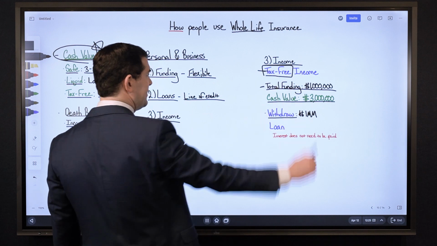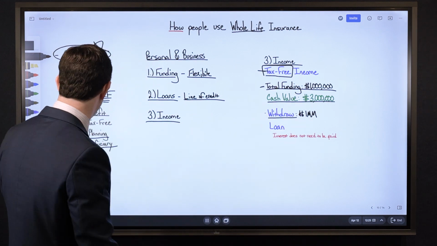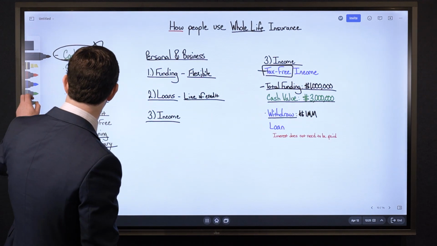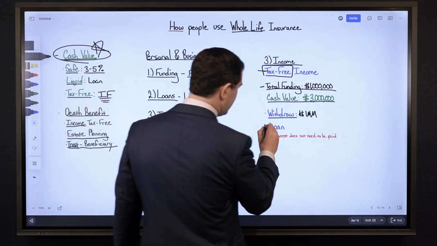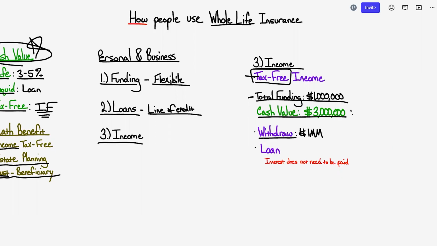and use it tax-free, because this is what's of interest to people, is like this. I would withdraw up to $1 million. And then if I still have, call it $2 million left after that in cash value, then I would begin to loan out the rest. And when I'm taking policy loans, loan interest does not need to be paid out of pocket, meaning I don't actually have to dish money out to pay that loan interest. Now, if you don't do that, you will see it impact the cash value and the death benefit.